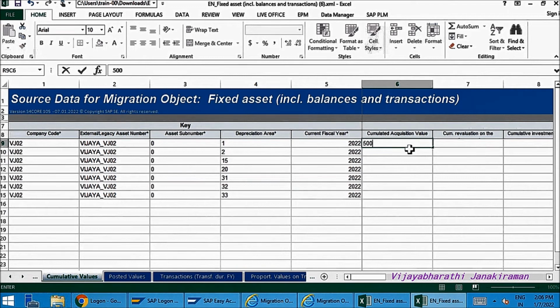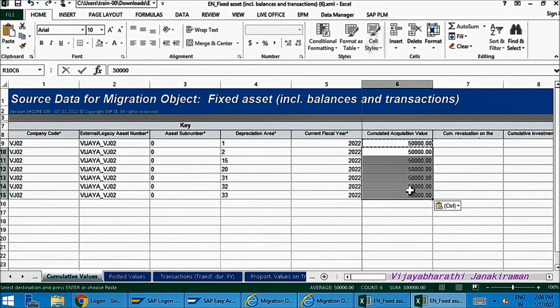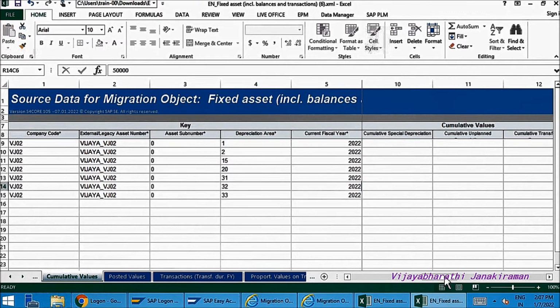And in the cumulated acquisition value, I am typing 50,000 for each row. That is for each depreciation area, I am updating the accumulated acquisition value as 50,000.